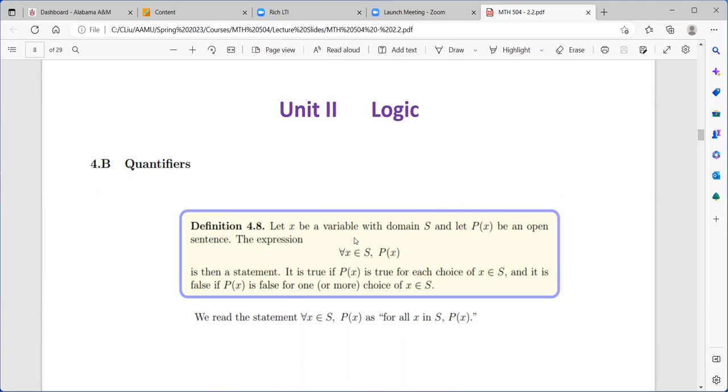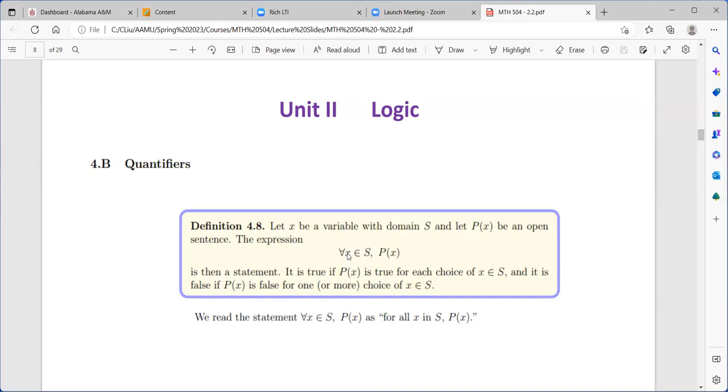It's like a V, but there's a small bar inside of the V. So that means for any x in a domain S. So let x be a variable with domain S, and let px be an open sentence. The expression of this is a sentence. And what it means is